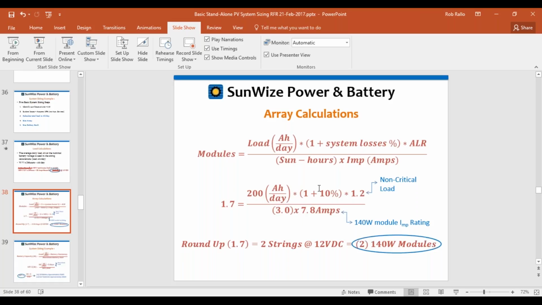That tells me then that my solar array is going to produce approximately